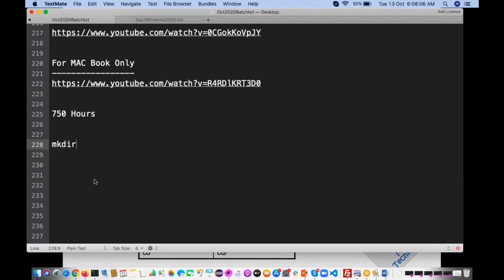First, mkdir. If you want to create a directory, the mkdir command we are going to use: mkdir test. Here mkdir is a command, test is a directory name. So what will happen once we execute this command? It is going to create a directory called